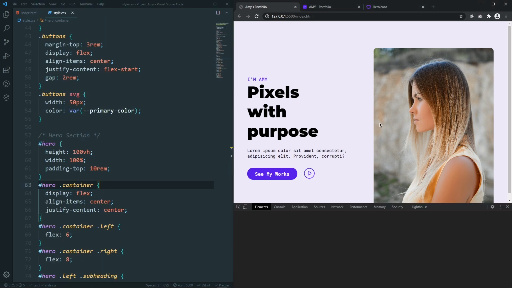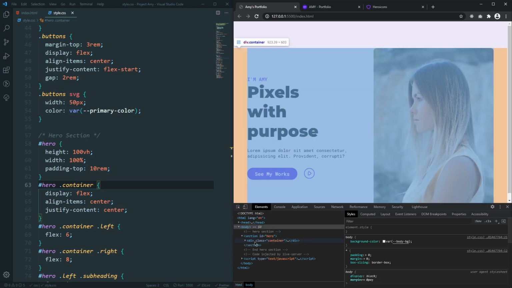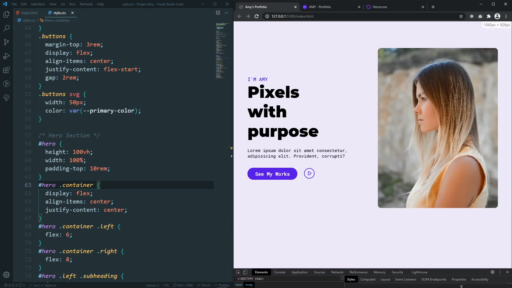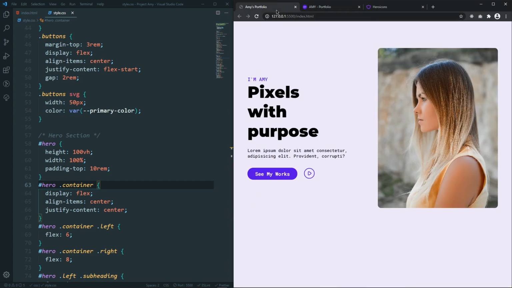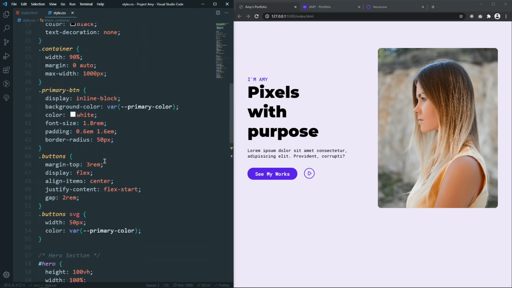Let's open the inspect here, and that's the body, that's the hero section, that's the container. This one should be in the middle of the viewport, but it's not. I think I'm missing something here, so let's check why it is not in the center. We have this flex container, and I think